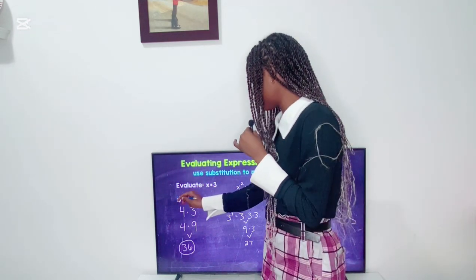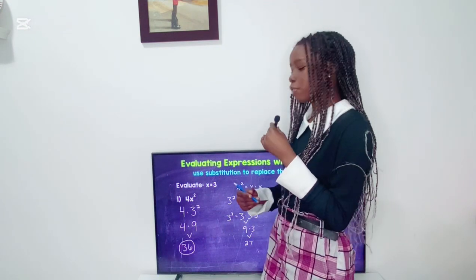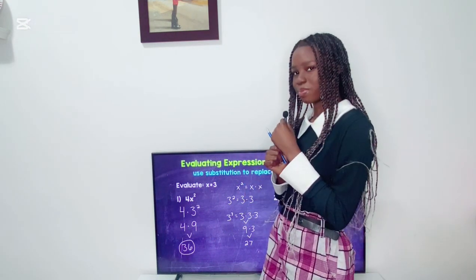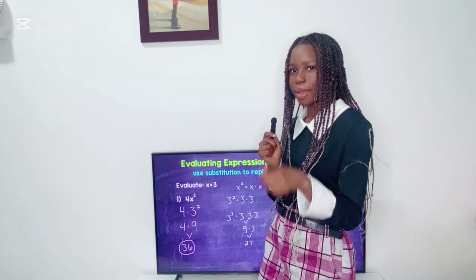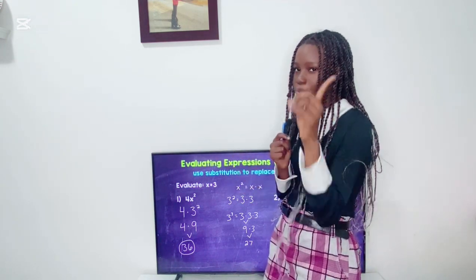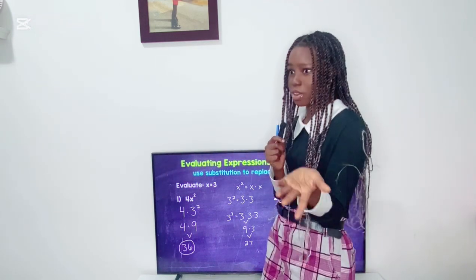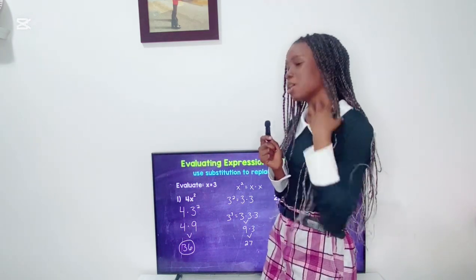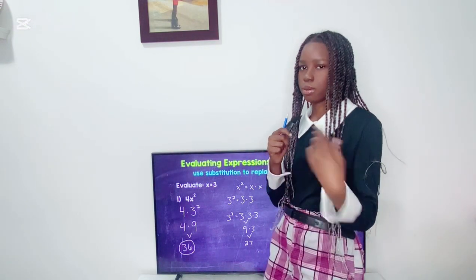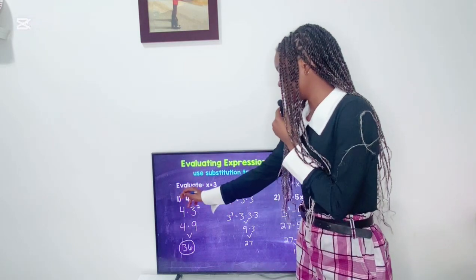So for number 1, we have 4x raised to the power of 2. Now, what is the first thing we have to do? Oh yeah, and also that reminds me, when we're talking about evaluating expressions with exponents, remember, order of operation matters, because we also are talking about exponents, right? So you're going to see multiplication, division, and you already know how to do order of operation, right? All right, but now let's just move on to number 1,